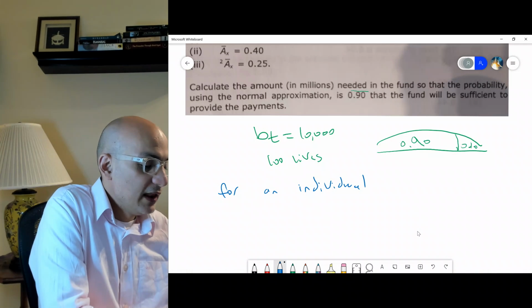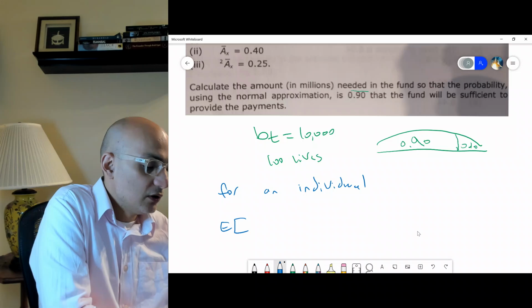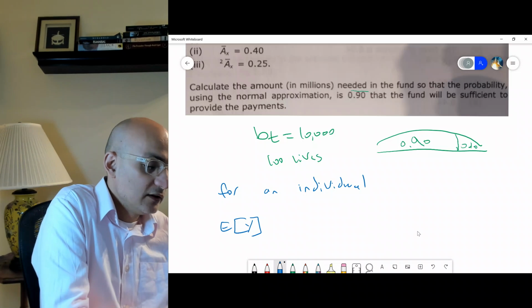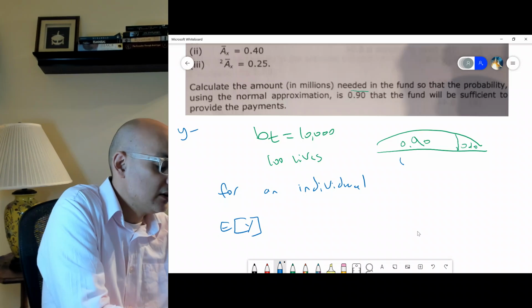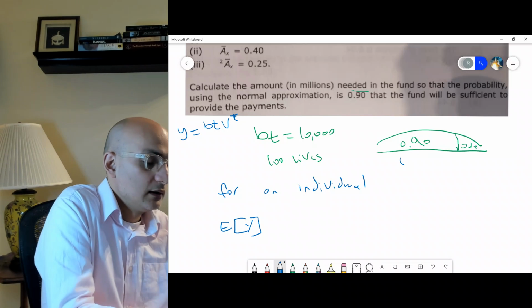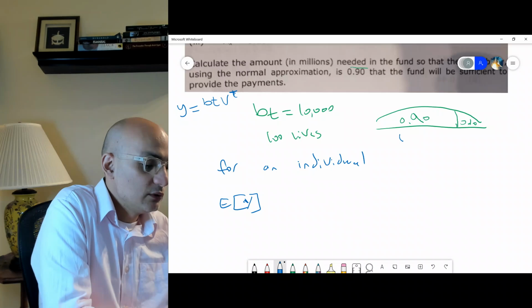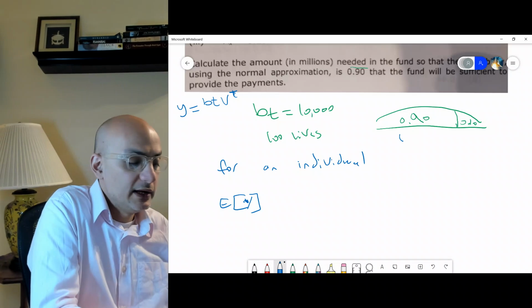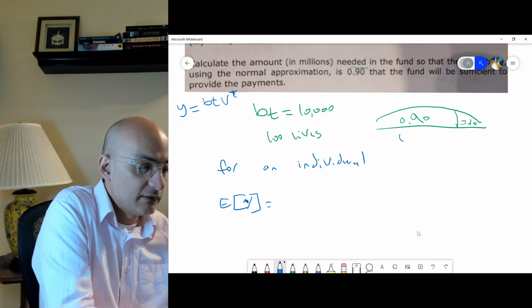So for one individual, now the expected value of Y. Let's say Y is the benefit amount. The expected value of Y is what every individual's actuarially balanced value will be, because we have 10,000 as the benefit,